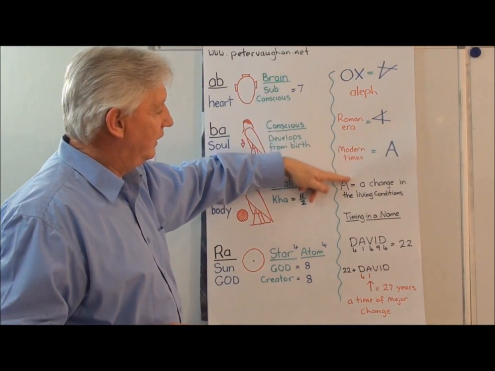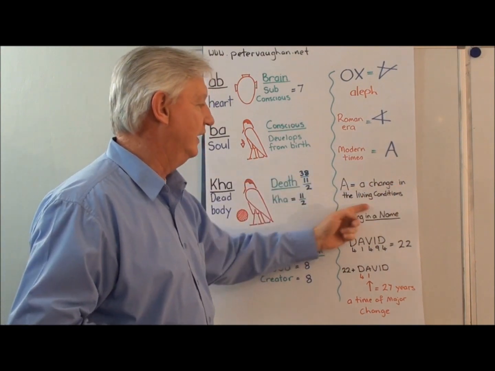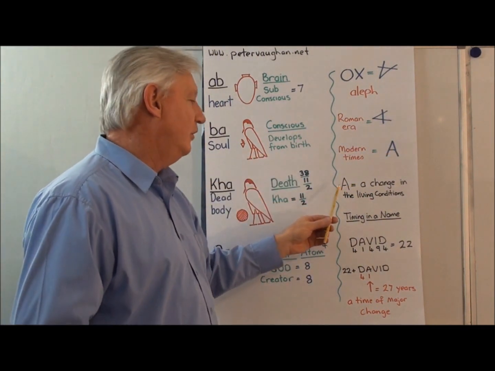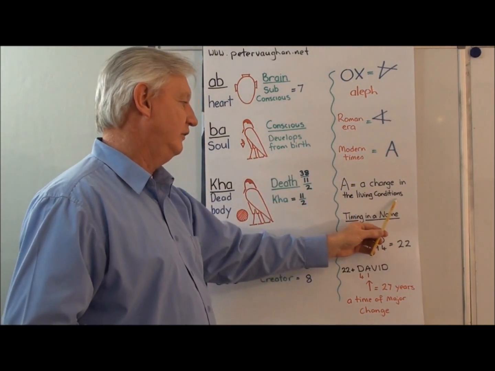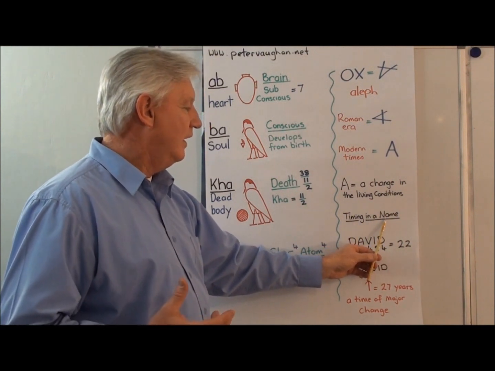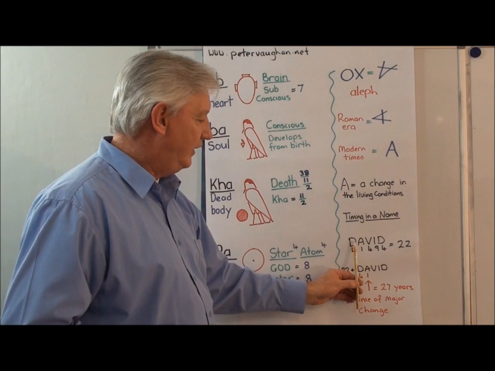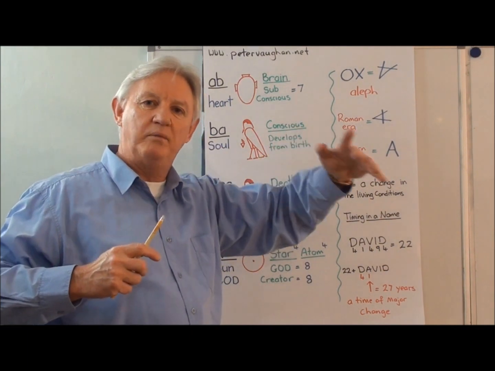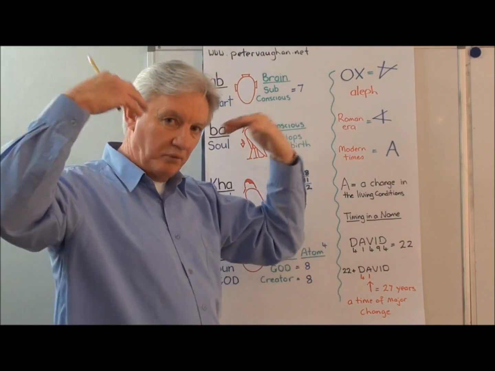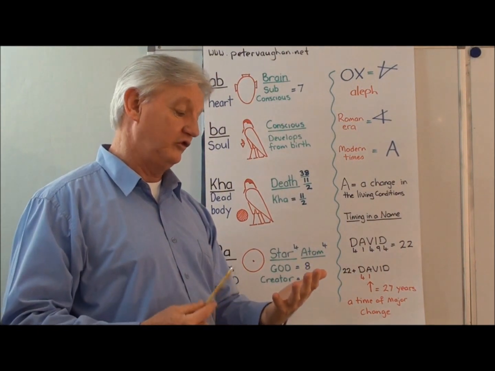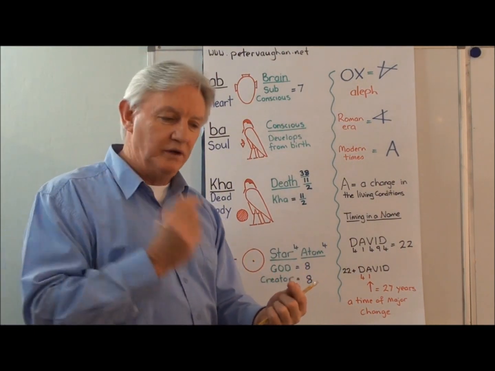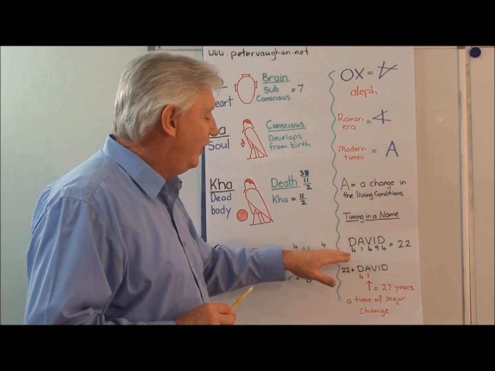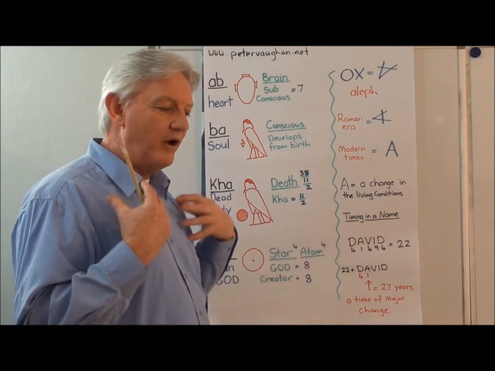So as we came down here, we get to this A equals a change in the living conditions. This was a rapid change in the environment for the ancients. So A representing a change in the living conditions, it's a timing in a name. If, for example, I looked at the name David, D-A-V-I-D, it's a storyboard. David's not just a name, it's got a continual vibration going through time. And it's been impressed in a child's mind when they're born, and you're talking to the child, David, you're giving the baby food, you're giving the baby a cuddle, you're changing the baby's diapers, nappies in other language. And as you start to do that, you impress upon this child that the vibration or the sound of David